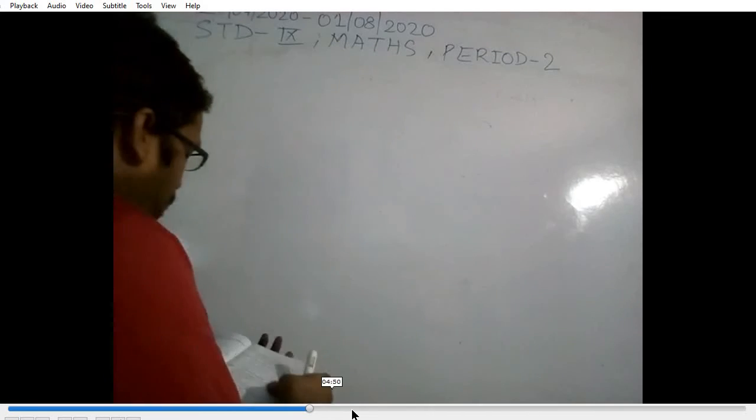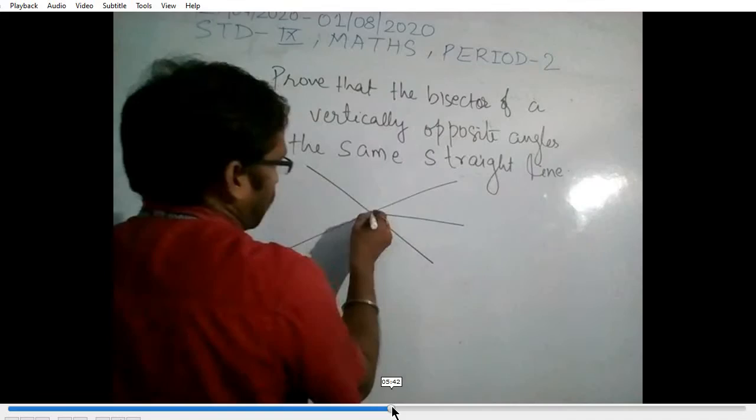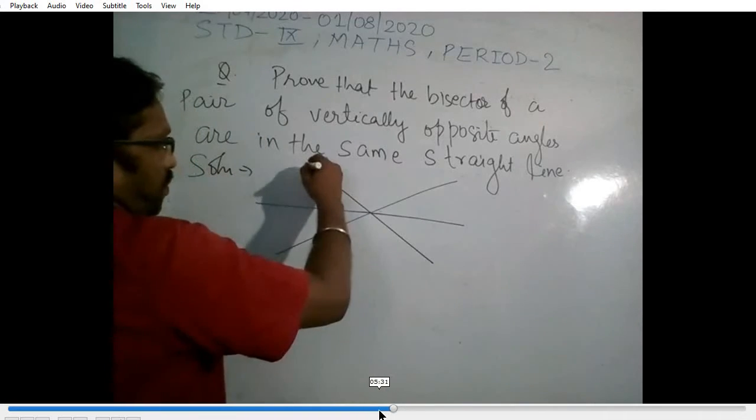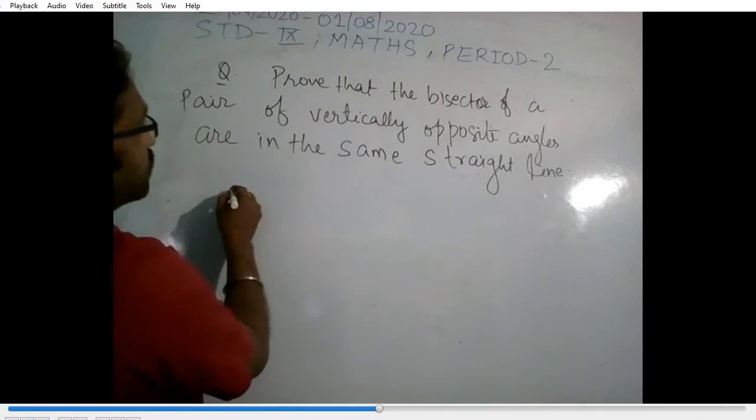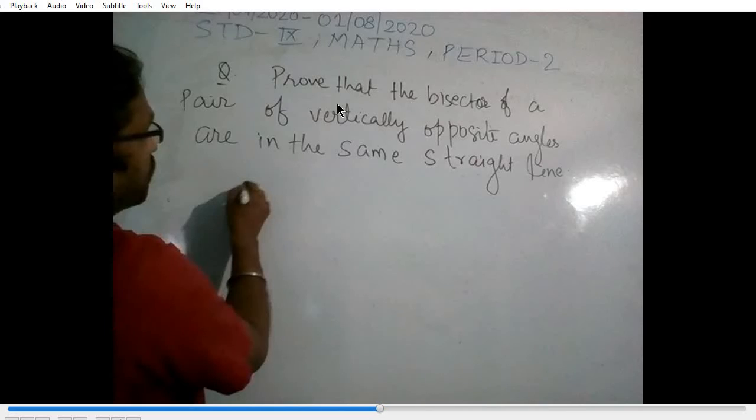In that next question, vertically opposite angles are coming here. They are saying that the bisectors of the pair of vertically opposite angles are in the same straight line. Straight line means there can be 1, 2 or 3 whatever angles, but their sum will be